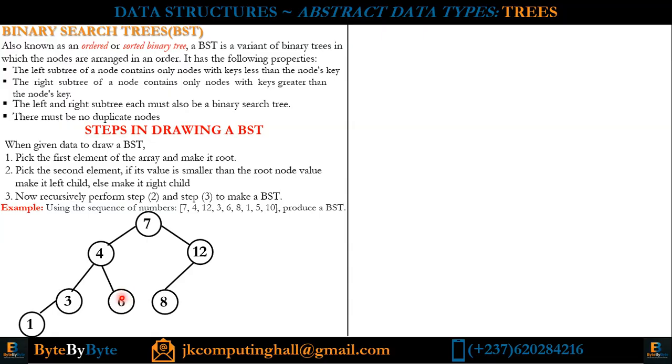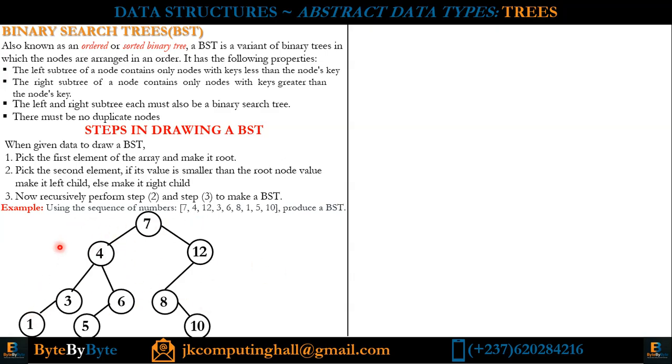When you compare 5 and 6, 5 is less than. So this is where 5 is supposed to be. The last one, which is 10. When you compare, 10 is greater than, 10 is less than, 10 is greater than. So we are here. And you can clearly see that each node at the same level are on the same